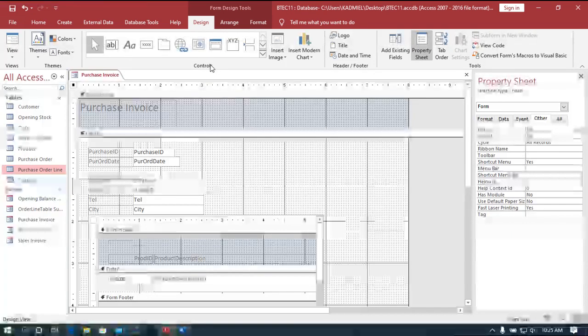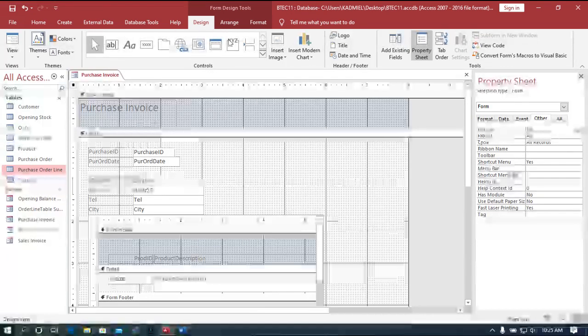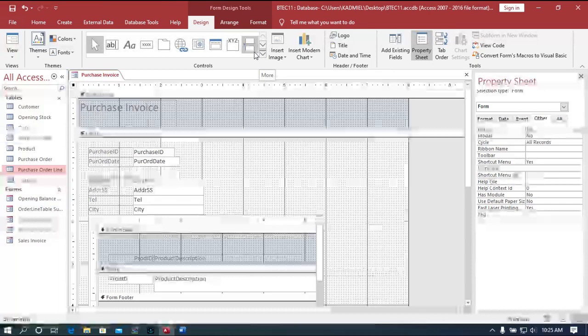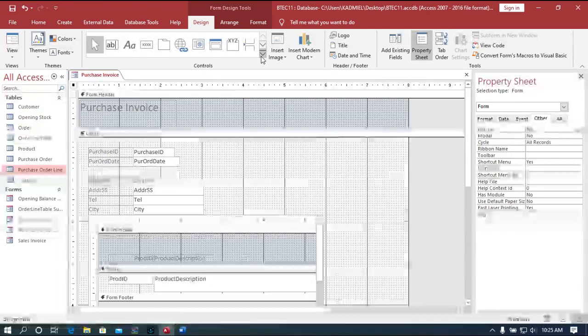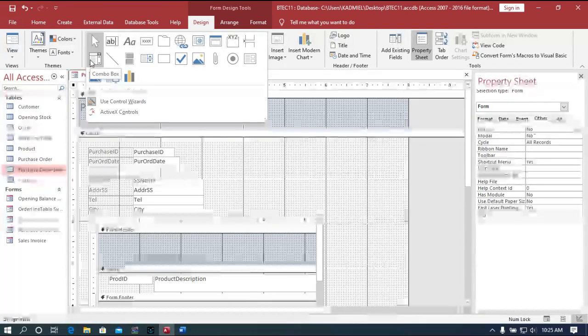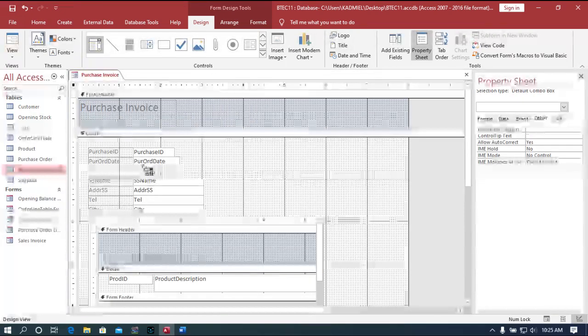Under the controls, you select the combo box, like the one you did for the sales invoice. So when you see your combo box is hidden, you click on the more. When you click on it, it will open for you. This is the combo box. When you put your mouse cursor on it, it will display the name for you. So you select it, then you come and place it where you deleted the